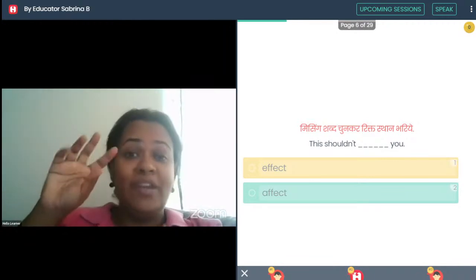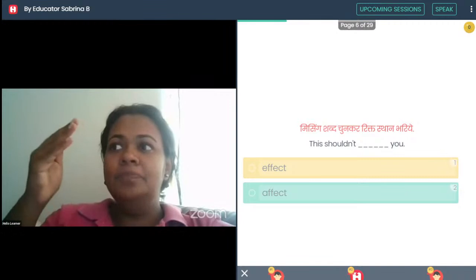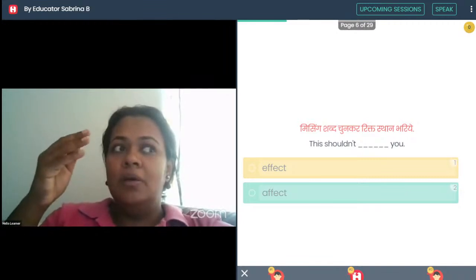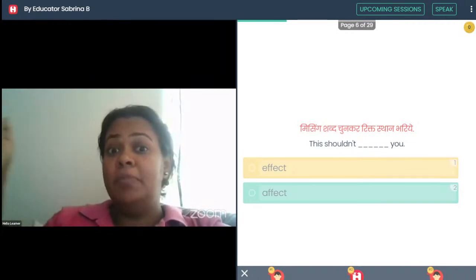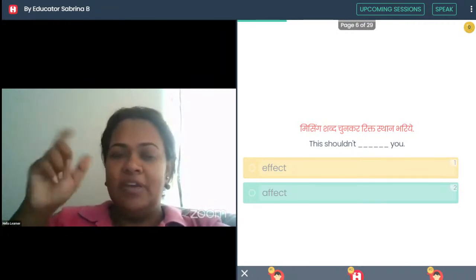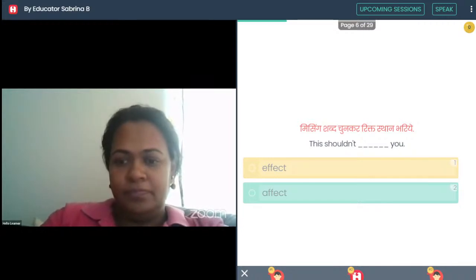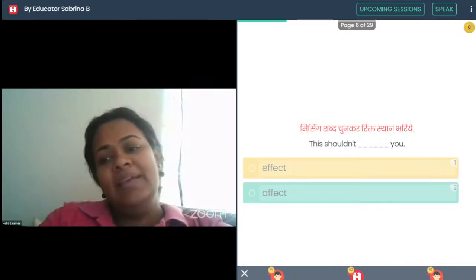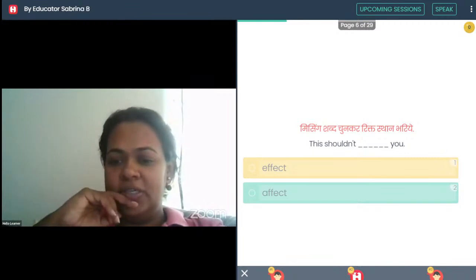So you can use the word effect and affect in a particular sentence. Effect is basically like, because of this, this is the effect it had, right? इससे ये फर्क पड़ा. So that's when you use the word effect and affect. I think Shikhar is helping by saying affect is destroy,